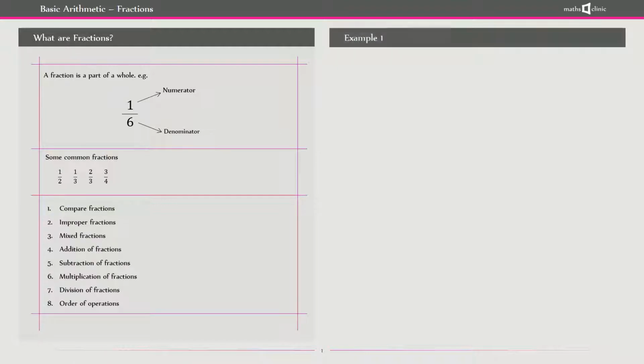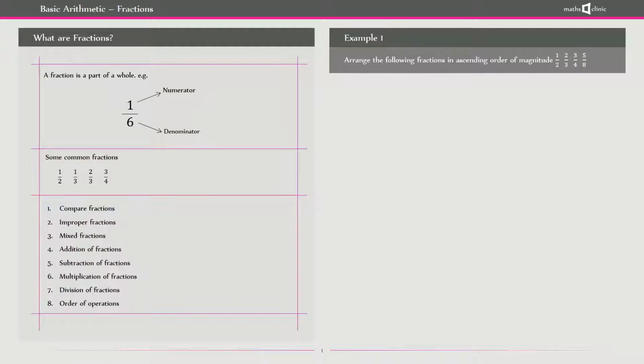so let's start off. We have example 1. And example 1 says arrange the following fractions in ascending order of magnitude. Okay, and basically we're going to be comparing fractions here. We want to know which are the bigger fractions here. So in ascending order of magnitude, we're going to arrange this from the smallest fraction up until the biggest one. And